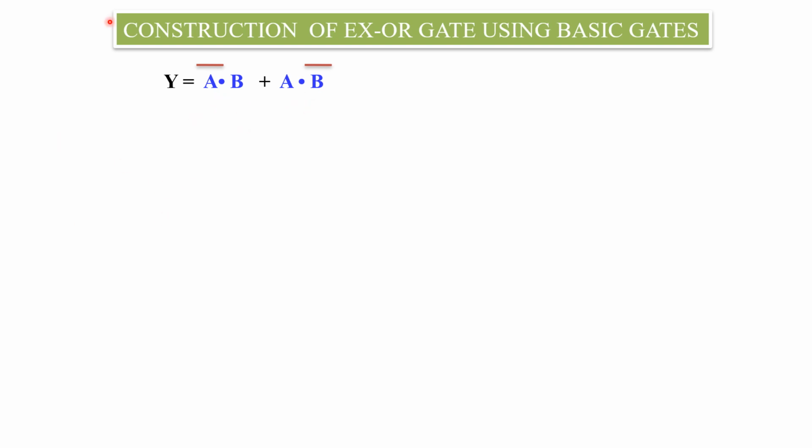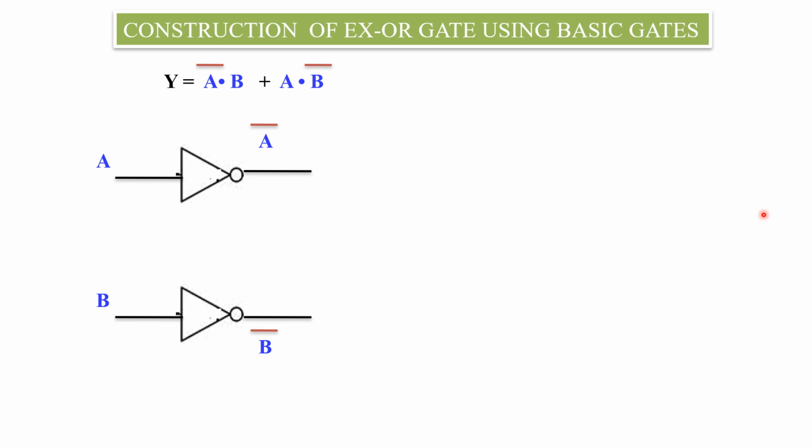So let us see how to draw. So first A का complement A bar, B complement B bar. Now we got A bar. Now we want what? A bar and B. And so we require an AND gate. So here A bar and B. So A bar and B, what will be the output?